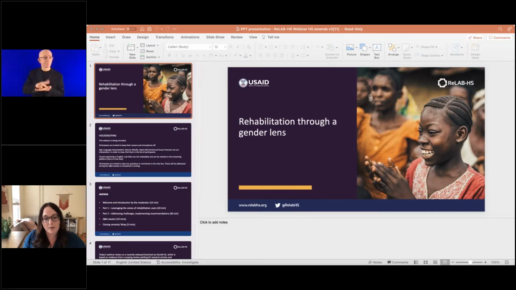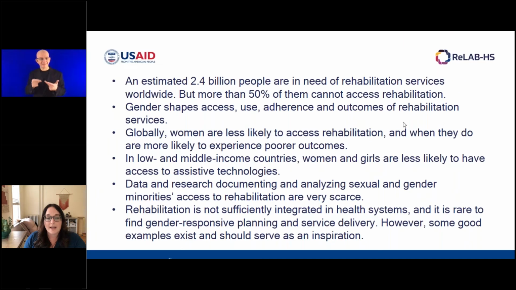What are some of the unmet needs of rehabilitation, and how are these unmet needs marked by significant gender inequities? The fact sheet outlines all of this, but here is some basic information to show why we are here today. There are an estimated 2.4 billion people in need of rehabilitation services, and more than 50% of them cannot access rehabilitation. So there is a 50% unmet need. We know that gender shapes access, use, adherence, and outcomes of rehabilitation services, and that women are less likely to be able to access rehabilitation, and when they do access it, are more likely to experience poorer outcomes. In low and middle income country settings, women and girls are less likely to have access to assistive technologies. And data and research documenting,